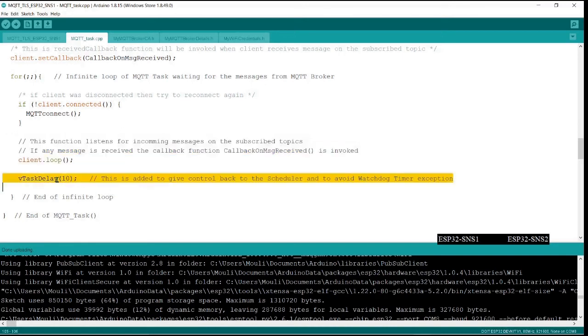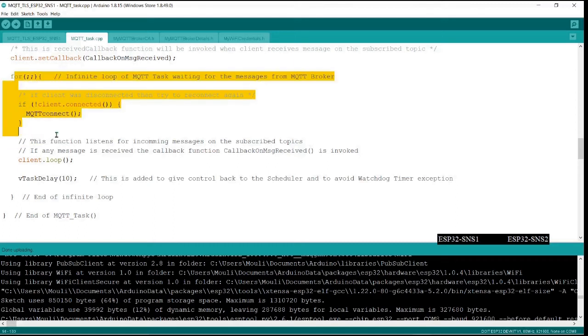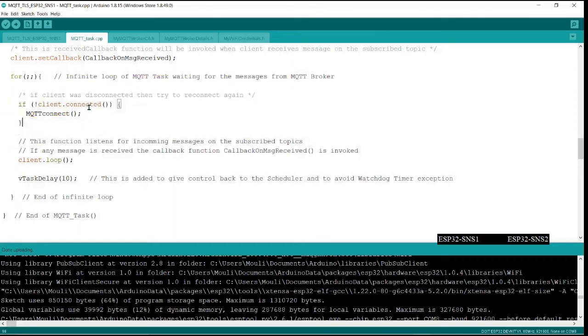Now one more important thing: we need to give a task delay of some 10 milliseconds or a small amount, because this is running forever. It keeps polling whether the connection is okay and whether any message is there.